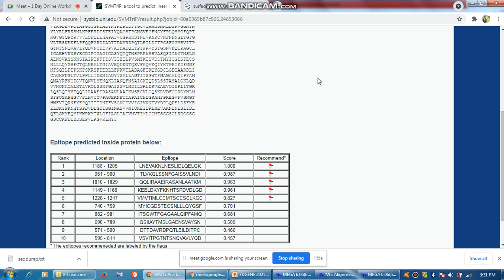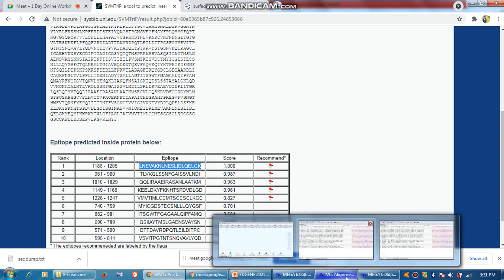So we need to find a particular domain, an epitope like this, which will be present in a more stable form in all the variants of COVID-19, and then we will be able to make a vaccine which will be effective against all kinds of mutant variants.